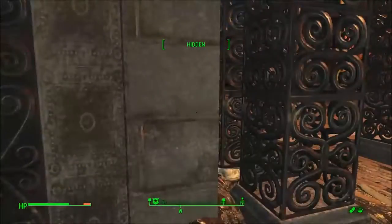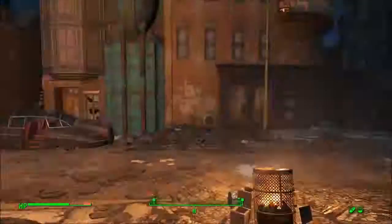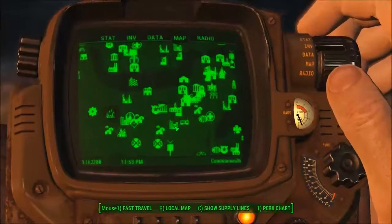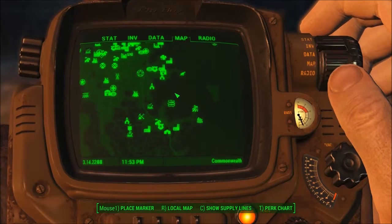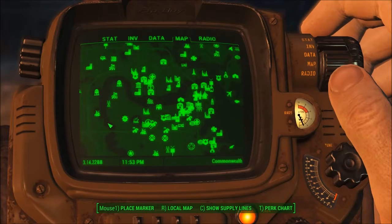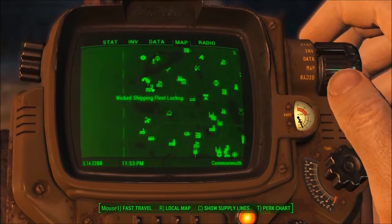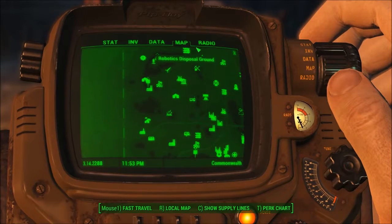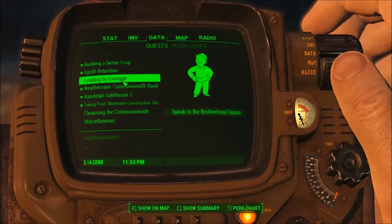Right, so that was not much time in the station. I figured we could deal with the next quest. We still got a few in our inventory. Well, not inventory, in our quest list. We've got some at Railroad HQ. Also one at Wicked Shipping Fleet Lockup. Figured we could go there. That would be...